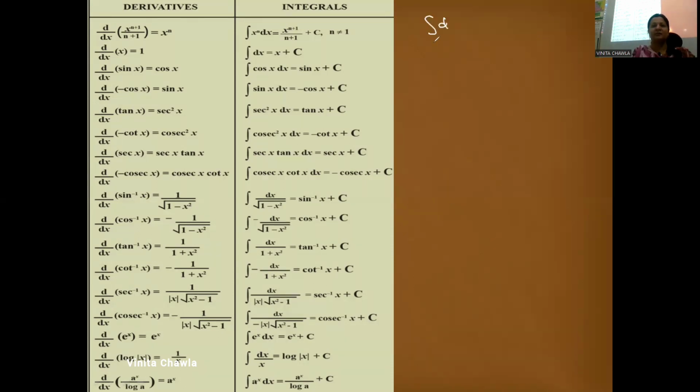We have dx. Then how will we integrate? Nothing is written before dx. So we can simply write this dx as 1 into dx. And this 1 can be written as x raised to the power 0 into dx. Now we have n equal to 0 here. So for n equal to 0, we can write